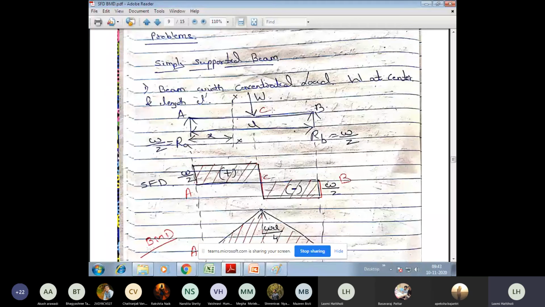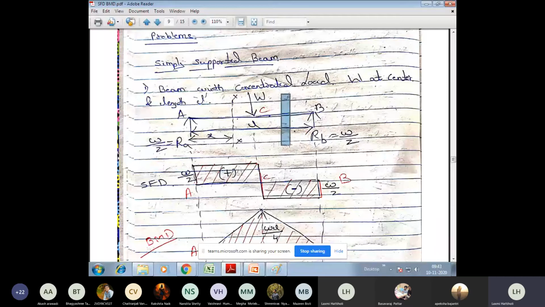Sorry, if I want to get bending moment at C, then I should take a section XX here. If I take a section XX here, then the distance from A point to the section XX will become small x. Here I have taken XX, so this distance became small x. But now I'm going to take section XX here, and this entire distance becomes x. Now this you need to imagine. Of course, later on after this concept, I'm going to tell you another shortcut method also. But let me explain this x method once first.